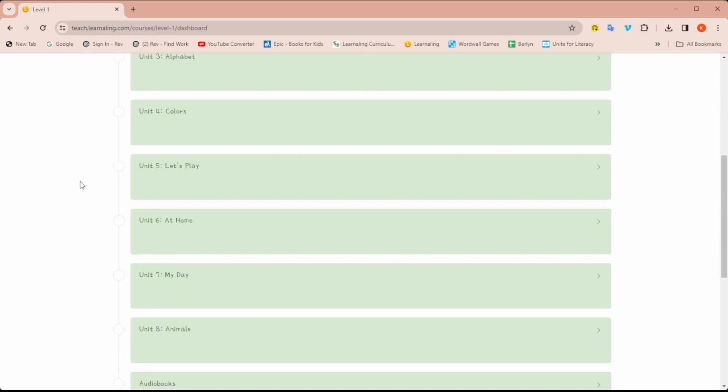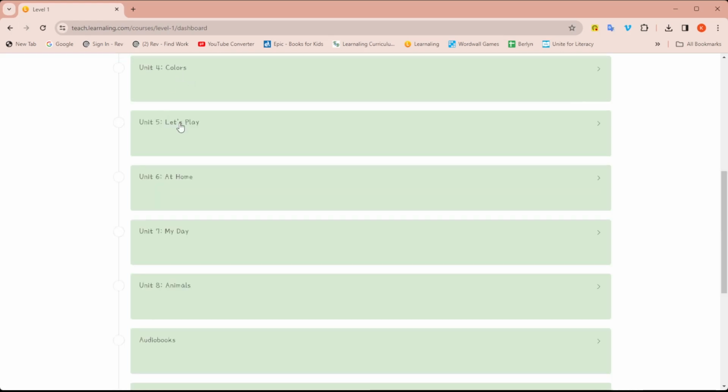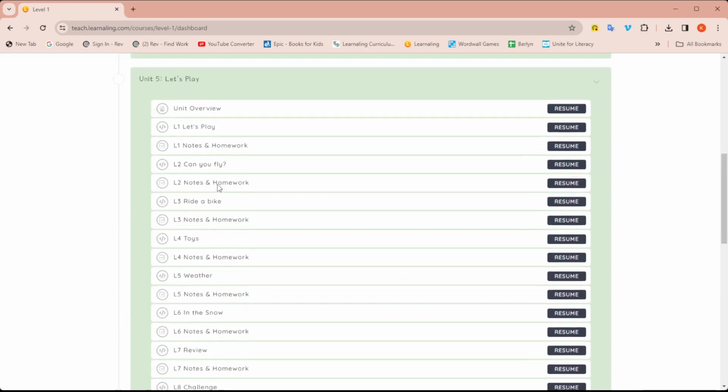Once you get to Unit 4, those are more topic-related units. Unit 4 has colors. They will learn color words, and they will learn to speak about the colors of different objects. The Let's Play, Unit 5, they will be learning lots of verbs related to playing and talking about toys